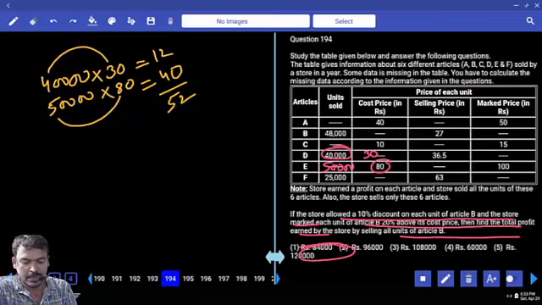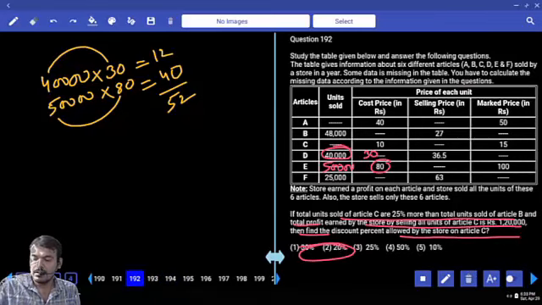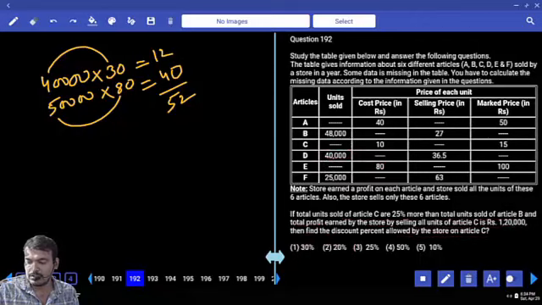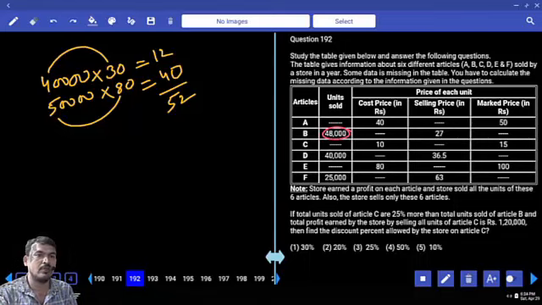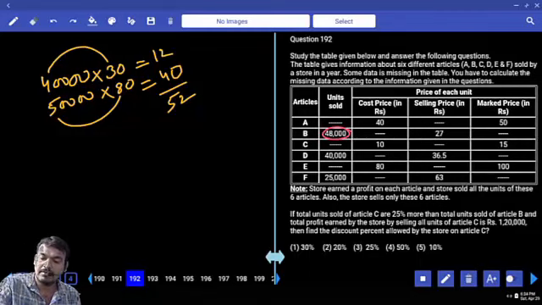Next question number 192. If the total units sold of article C are 25% more than the total units sold of article B, what is the article B sold value? 48,000. Compared to this one, 25% more. C is 25% more than which one? B. 25% more means C value are